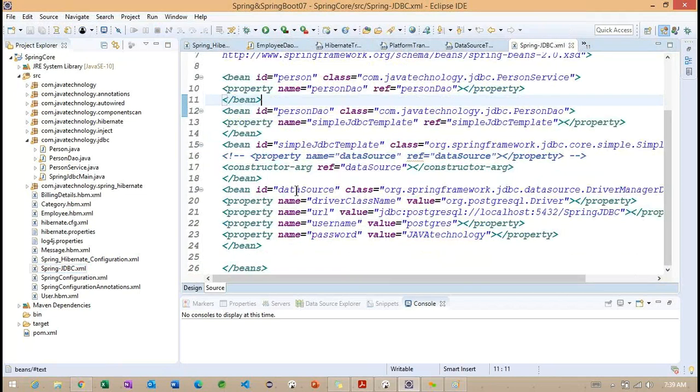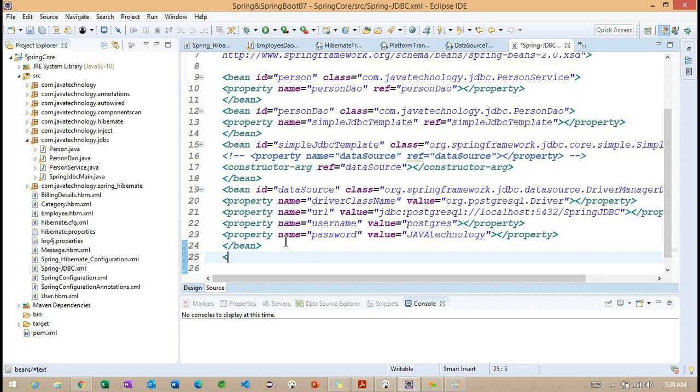Now we can see we have the data source. But whenever we work with a transaction, like the Spring JDBC transaction, we need to work on the data source transaction manager.